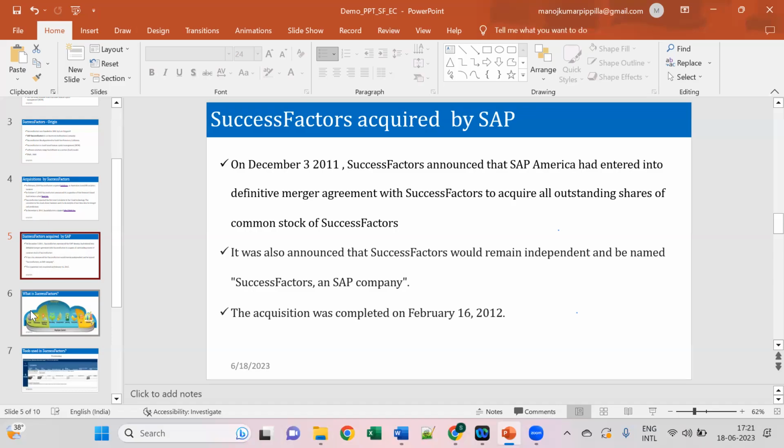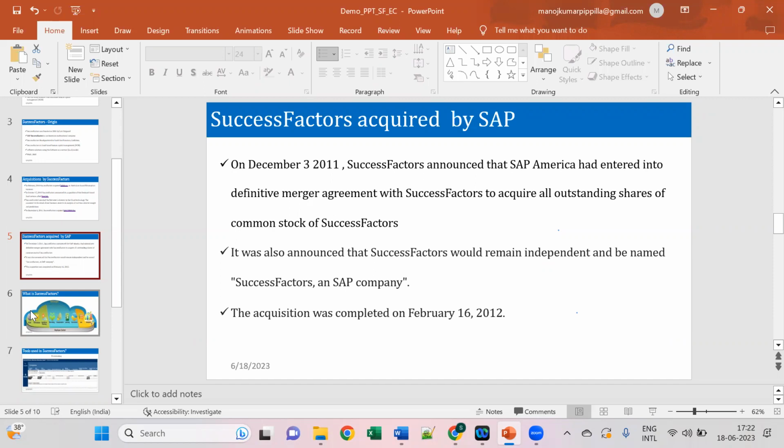After hiring, there may be a promotion, a transfer, an increment. To do all these actions there should be specific systems, and Success Factors is one of those systems, used for maintaining the employee data in the cloud database.